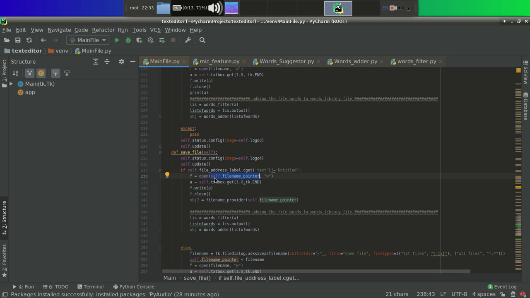So what we want to do, we want to extract the name of the file from this file name pointer, and for doing that we will make a separate function and separate class. So we will do it, no problem. So suppose that here I have made the function file name pointer, and I have passed the file name pointer. So this file name pointer is currently holding the name of the file along with the path. So let's remove it. How do we do that?